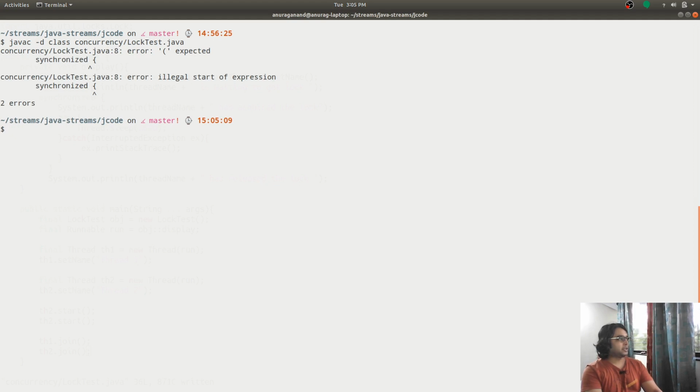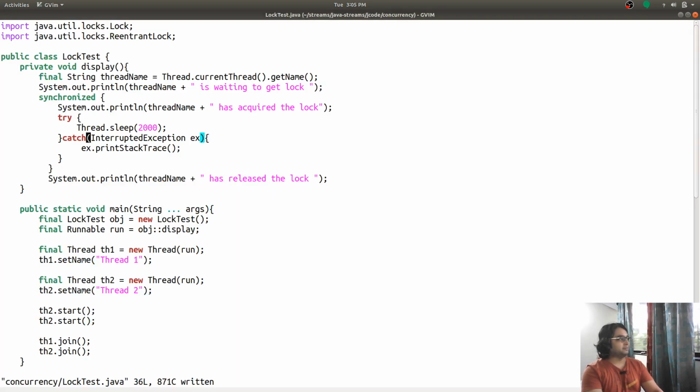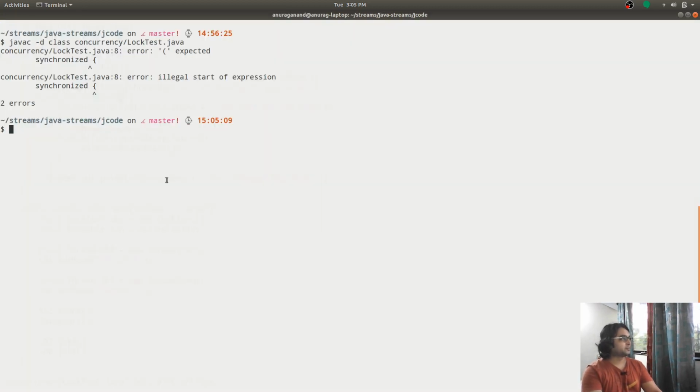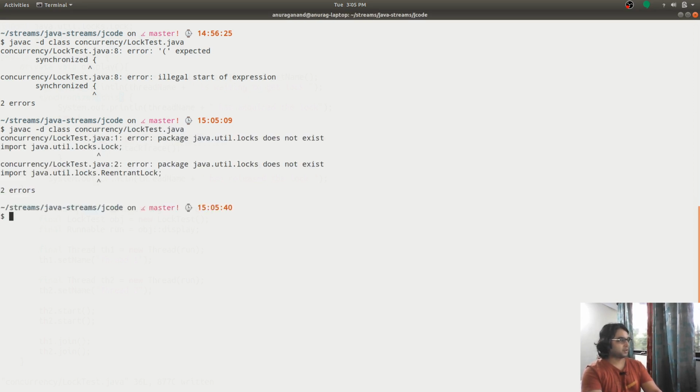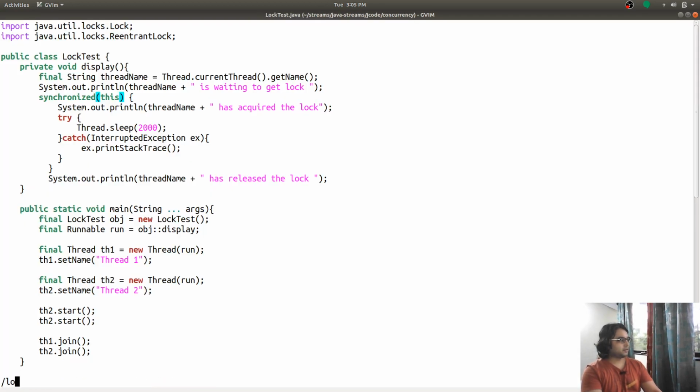Expected. Okay, illegal start of expression. So I have messed up something. Yes, I missed the part where I need to provide the name of the lock, the name of the object that we are going to use for locking this block. Okay, it exists but not inside the util.